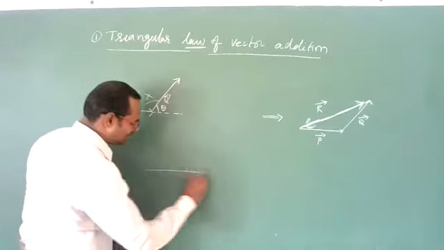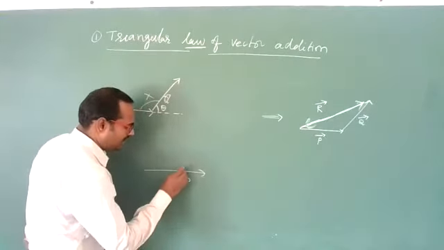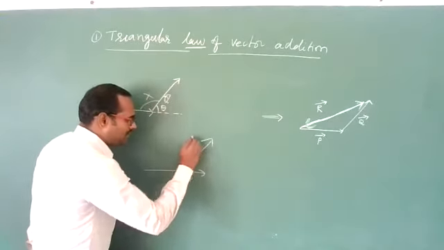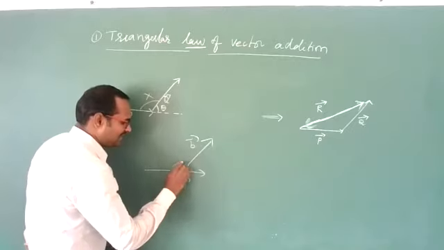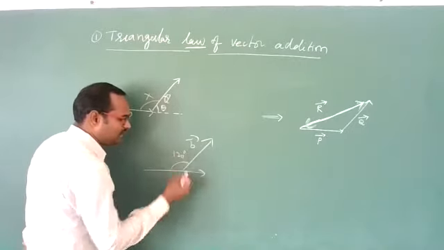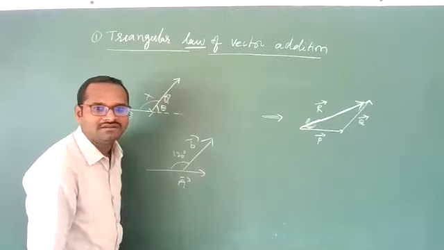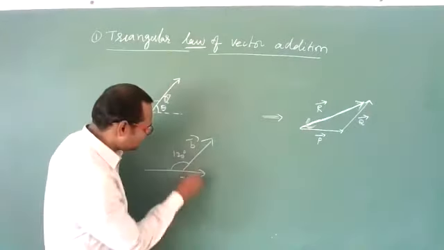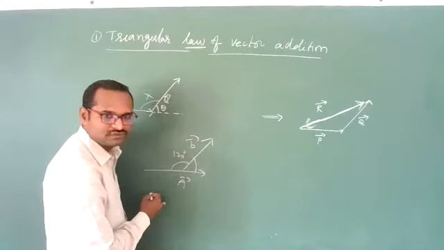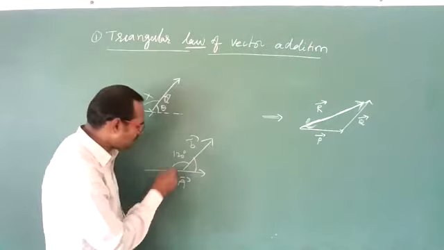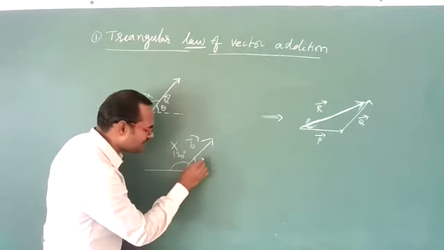Now two vectors are there like this, A bar and another one B bar. Let us suppose this angle is 120 degrees, given. Now what is the angle between A bar and B bar? Yes, this exterior angle only you should take. Good, Vijay. You should not take this 120 degrees. You should take this, how much is it?